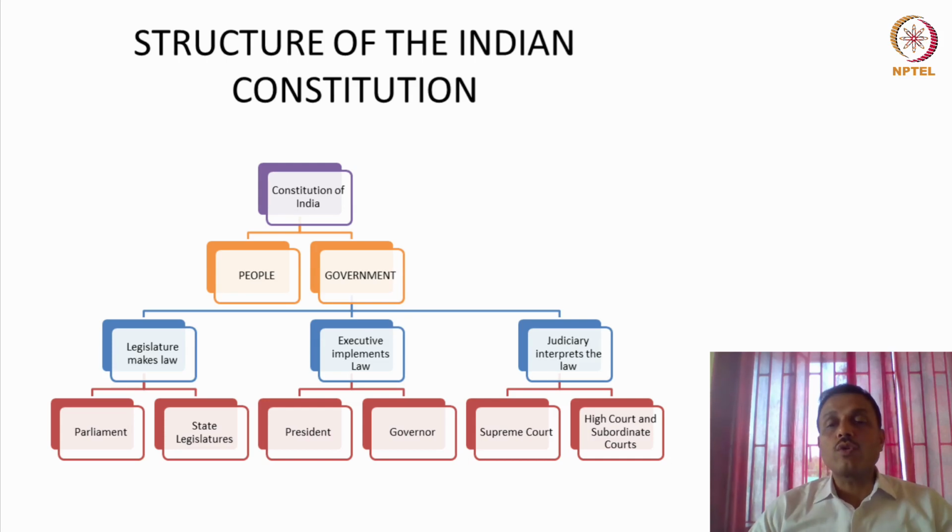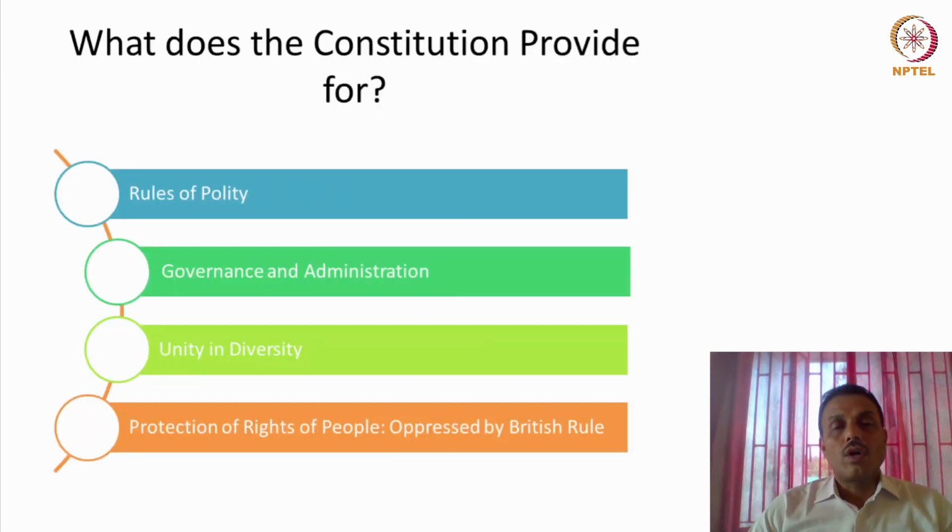We have two constitutional courts, the Supreme Court and the High Court, and the subordinate courts also play a very important role, like the subordinate executive does play an important role as well. So this is broadly how the structure of government is under the Constitution of India, and mostly in other jurisdictions as well, where there is a federal kind of government, which is on the basis of a Constitution.